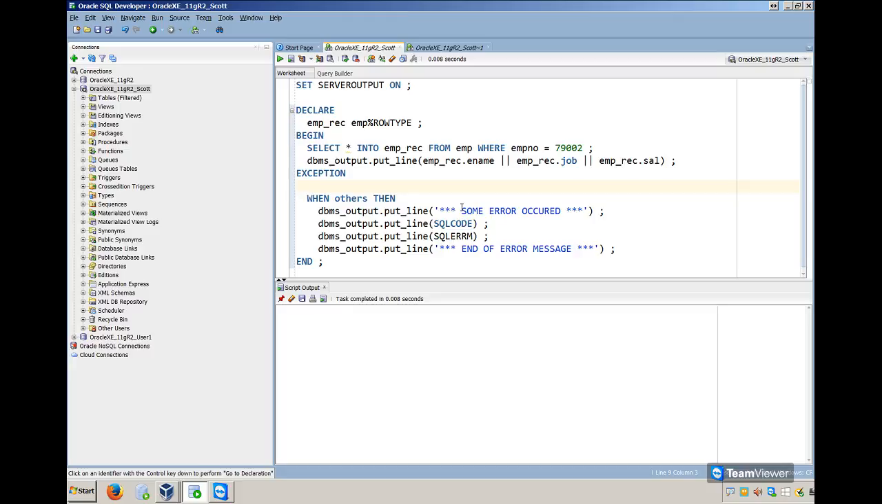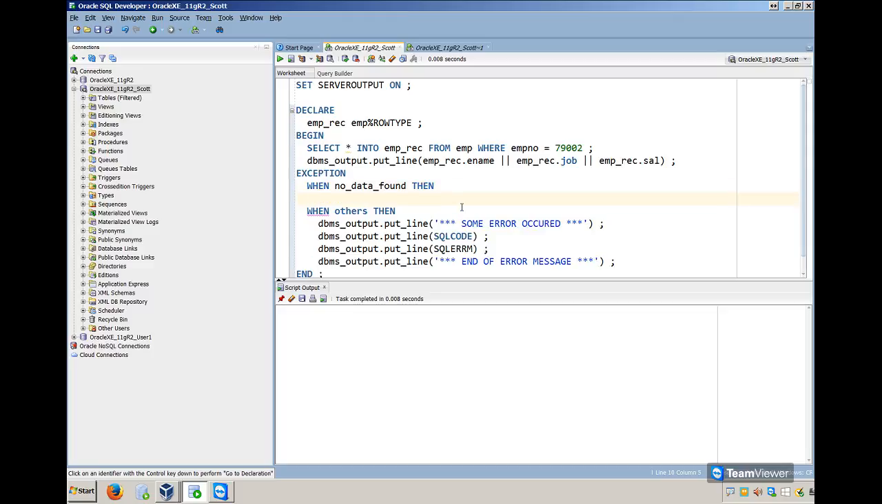So let's say, for example, when there is an error called NO_DATA_FOUND, if this exception happens, then what do you want to do? Let's say, for example, you will say data not found. So here I will say data you are looking for doesn't exist